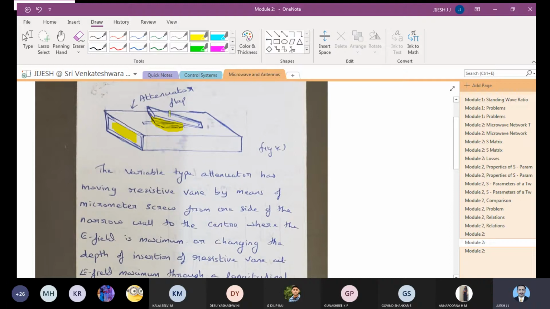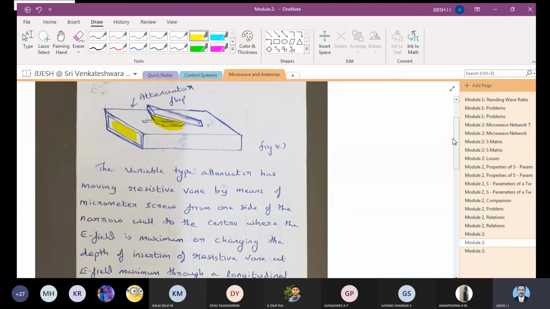If you move the flap from the top, as and when you move it, the resistive film moves down, and you can make the necessary adjustments, like you can vary the signal coming out of this finally. That is the main role of having a variable one: as and when you need, you can change the movement of the resistive film, and you can vary the signal absorption at that resistive part. You draw this figure. It is very important to understand attenuators.